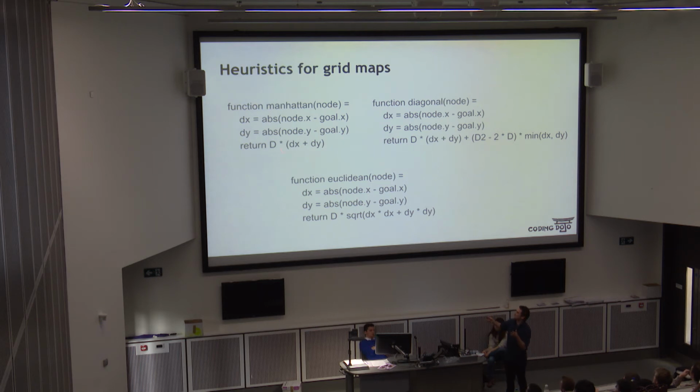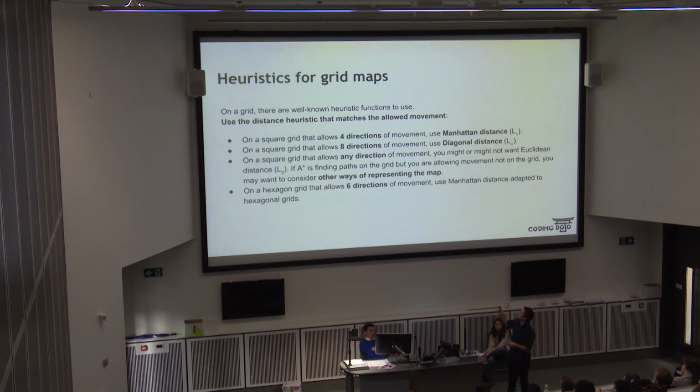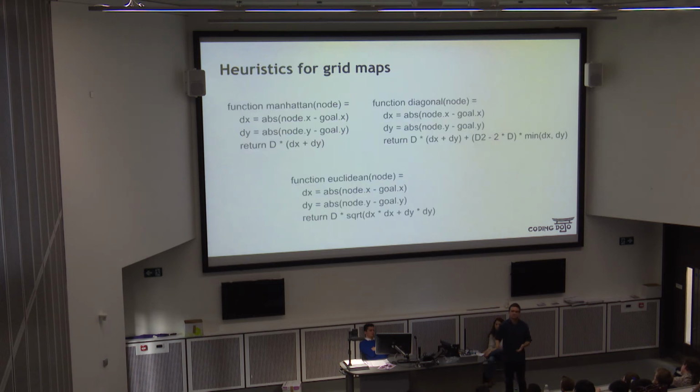You know, get that multiplied by d, which is a constant. Another easy way is doing diagonal distance, which is very similar, and so onwards, right? Now, this is a good way of doing it for grid maps and whatnot, but you can think of it